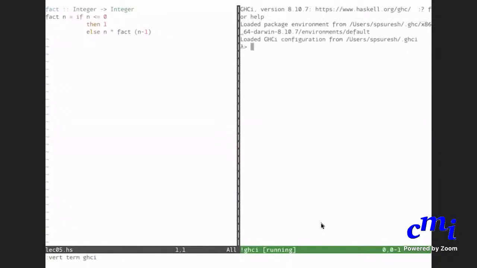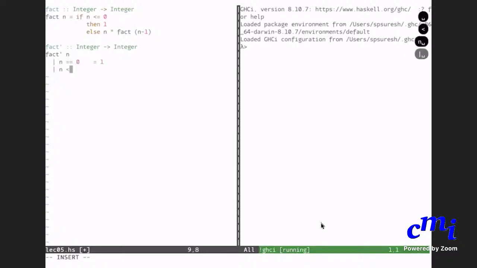Okay, you have GHCI on the right hand side and you have the code on the left hand side. So here is factorial that we wrote earlier. Okay, we can have fact prime if you want, which is the version we just now wrote. Fact prime of n equals... we can say n equals 0 means that the value is 1.